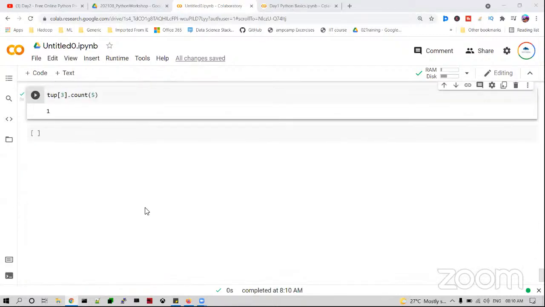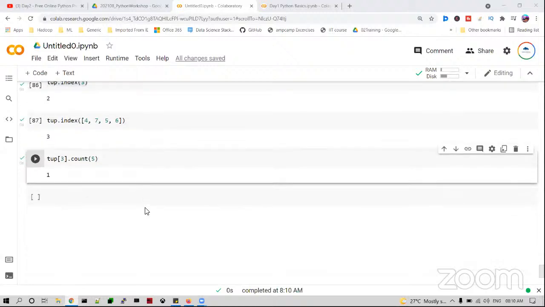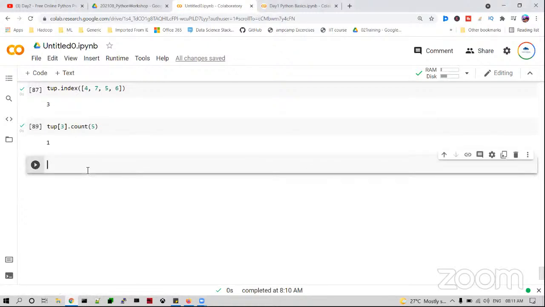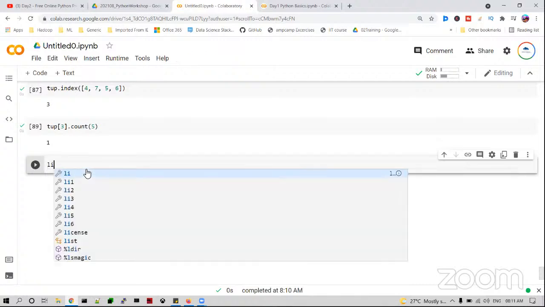Okay, fine. So last, only one thing we forgot, that is the list comprehensions. That is also something we just discussed. Comprehension is nothing but you don't want to declare the variable like a list or tuple. Instead of that, you can do the expressions in the middle itself. Like if I want to declare a variable